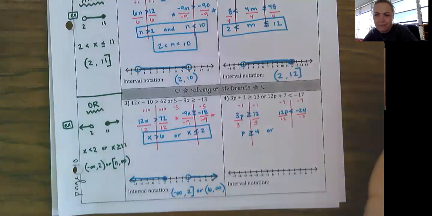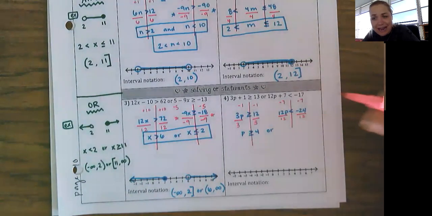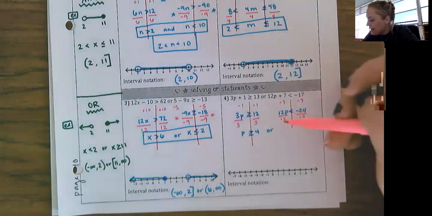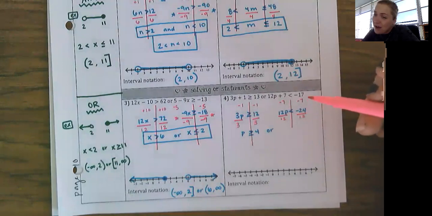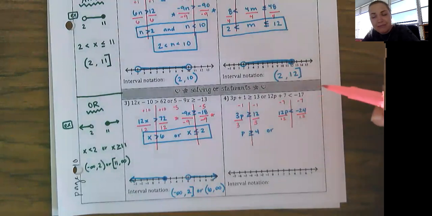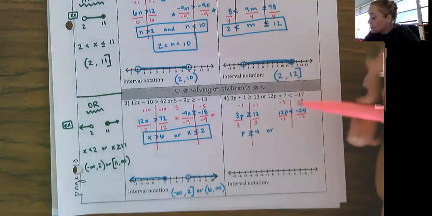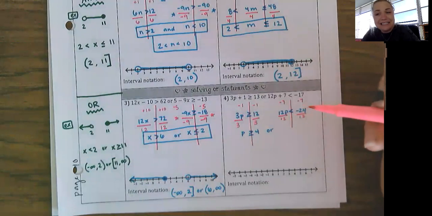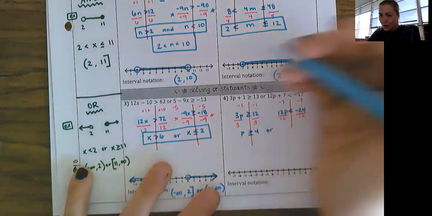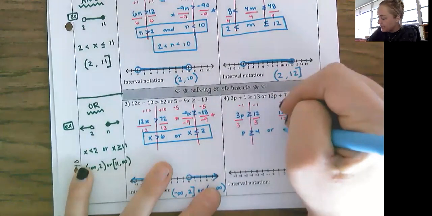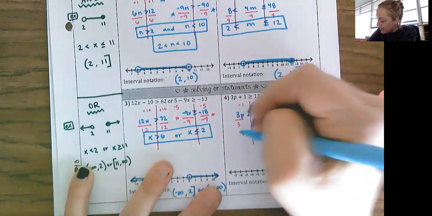This is a great question. Do I flip the symbol? Remember how I said when you multiply or divide by a negative? Well, here you're dividing by 12, but there is a negative 24 up above that. That does not flip the symbol because you're not dividing by a negative on both sides. If the 12 were negative, then we would reverse the symbol and make that greater than. But since the 12 is positive, it stays a less than symbol. Hopefully that cleared up a confusion for somebody out there. That would be p is less than negative 2. So here is my final answer